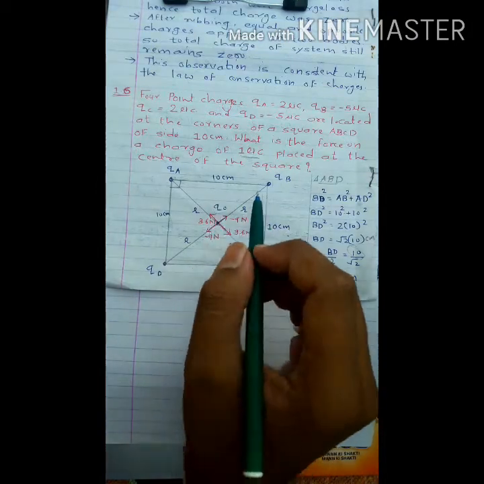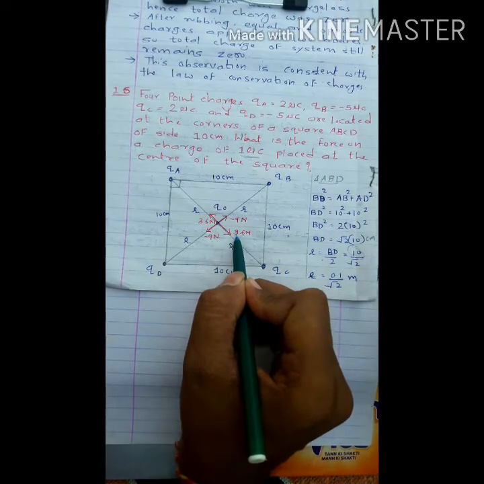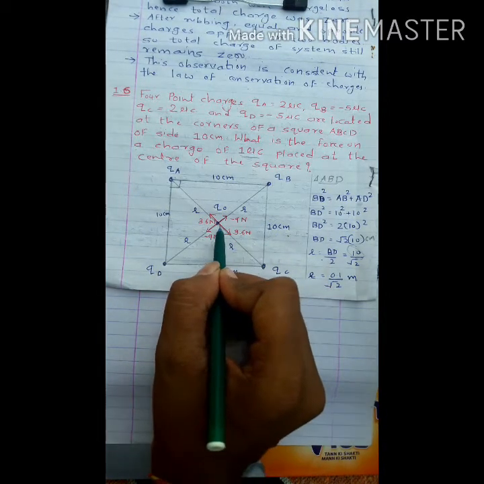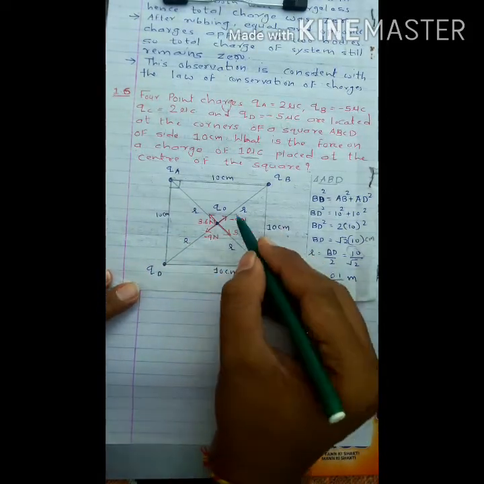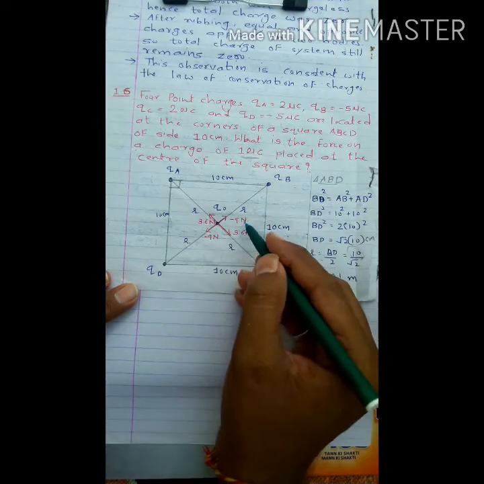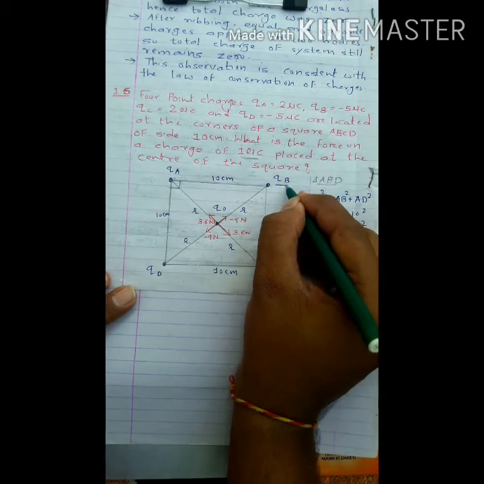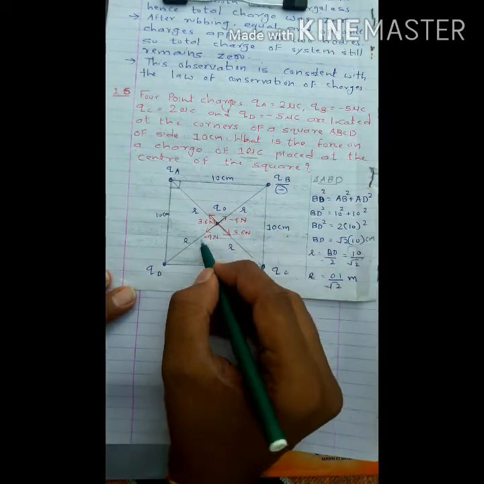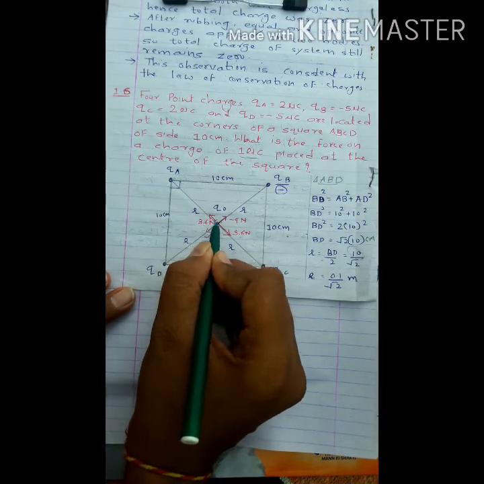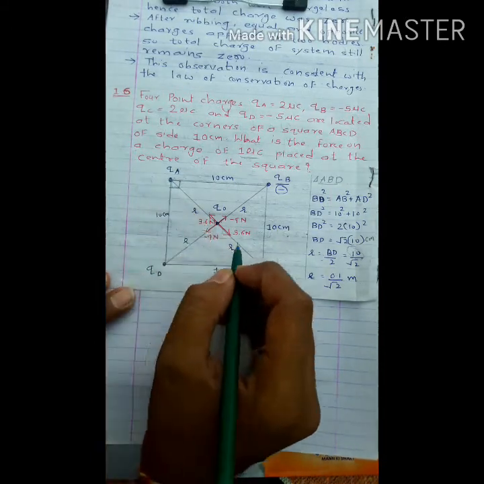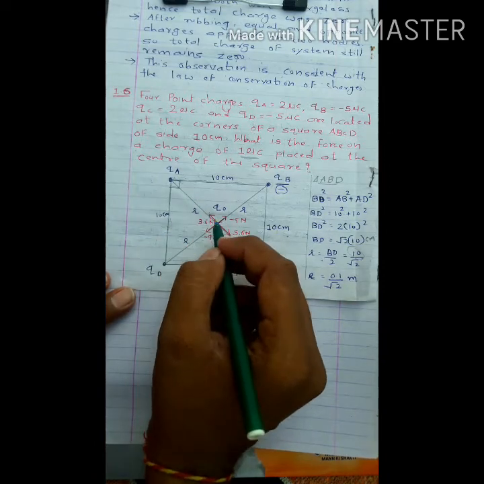Now see this figure very carefully. Okay, this is our first force, F1. It is 3.6 Newton acting in this direction from center point to C point. Okay, this is our second force, minus 9 Newton. This is acting towards B point because the second charge is a negative charge. Okay, now this is our third force, F3 is equal to 3.6 Newton acting towards A point. The third charge is a positive charge, so the direction of electric force is away from this charge.